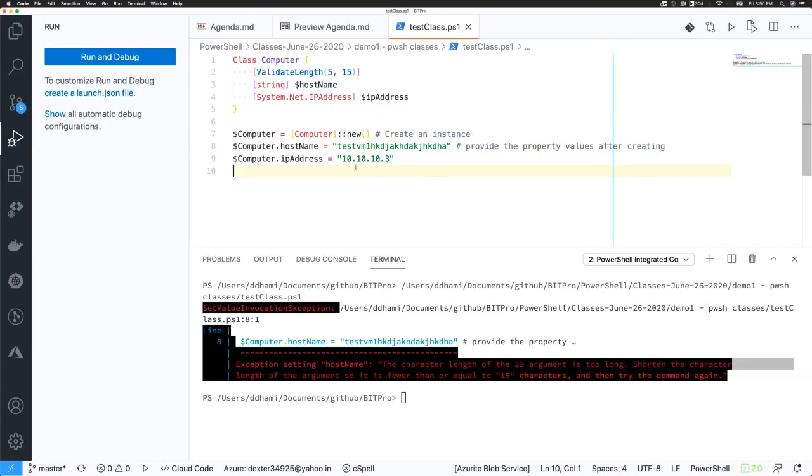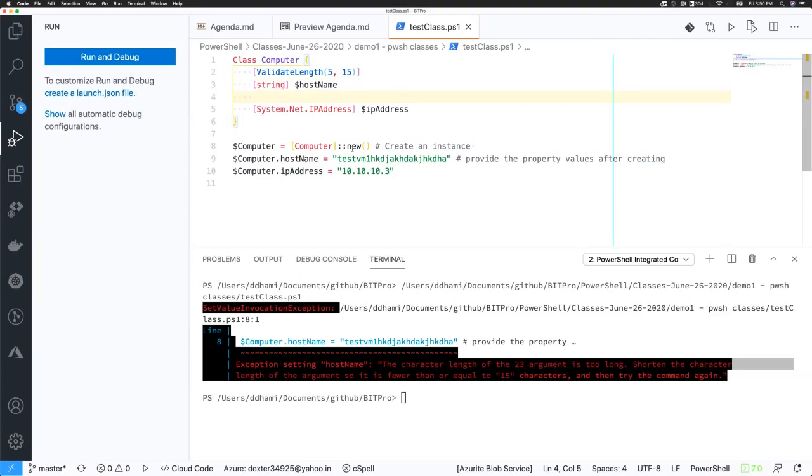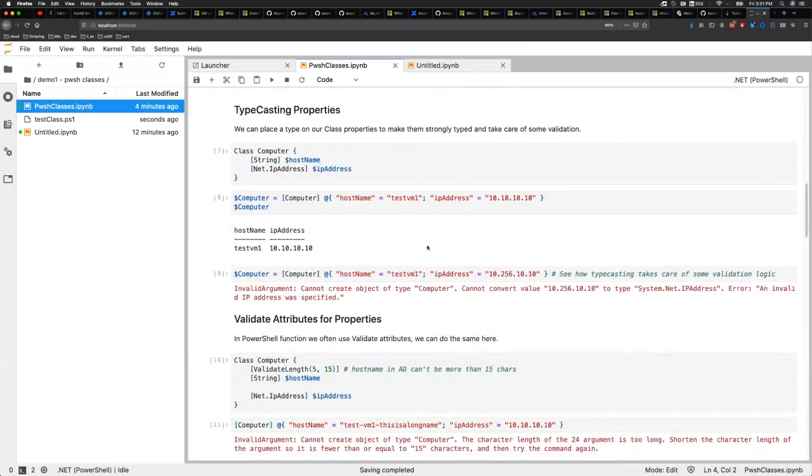So think about this, right? If you actually start writing classes for things you are doing day to day, for example, somebody was asking me the other day, how do I quickly validate an ARM parameters file? ARM parameters files are basically input to ARM templates, and you won't know if a parameter value is wrong until you kick off a deployment. I know you can do a test deployment and stuff like that, but what if you wanted to catch those bugs early, right? If a user specifies something which is wrong,